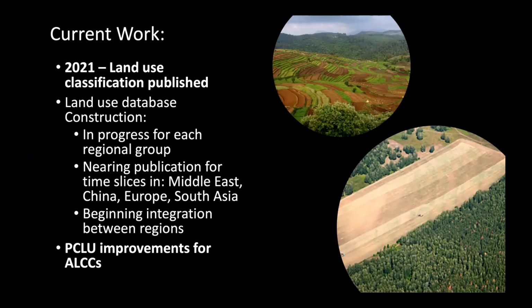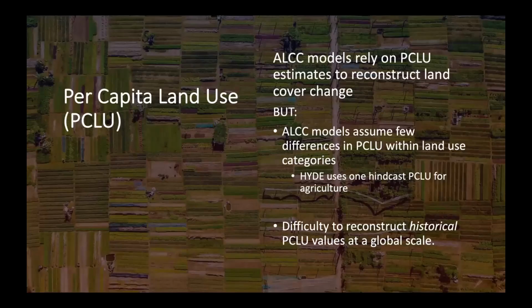And then I'll talk a little bit about one more additional thing that we're working on as it relates to anthropogenic land cover change models, and that's improving understandings of per capita land use. This is something that I've been working on a lot recently. Of course, per capita land use is the amount of land necessary per person in a region. And the anthropogenic land cover change models rely on PCLU estimates to reconstruct land cover change, but